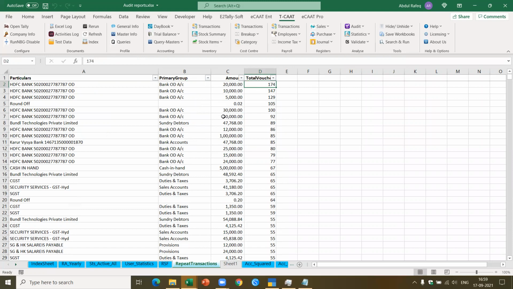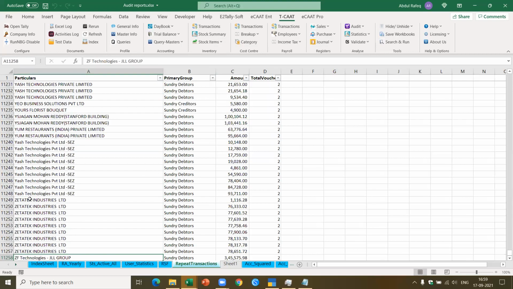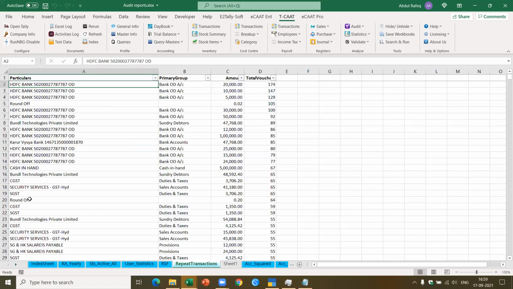So like that, you'll be able to get an idea about the complete perspective of the type of transactions which occurred and how many times they have occurred. Cash in hand, 5 lakh rupees, 67 times it has occurred. So this is definitely something which you have to investigate. So like that, you can get a complete perspective for each of the row ledgers. For example, here, if you see, there are actually 11,528 rows. Now if you look at the total number of vouchers here, there are 48,328 vouchers. For all these vouchers, for each of the ledgers, I'm able to get this information.